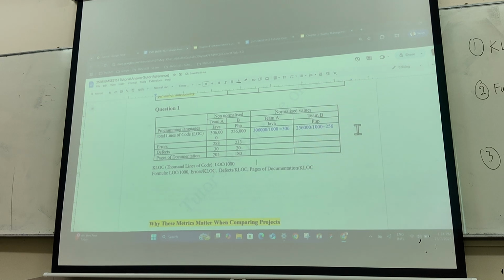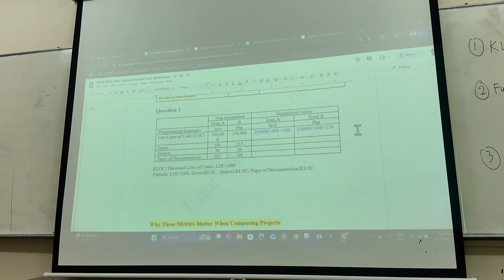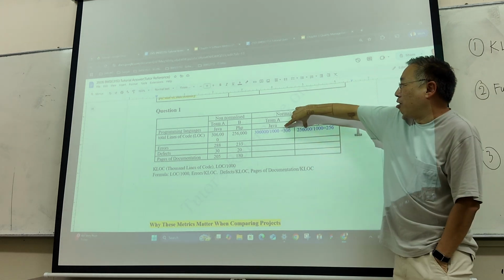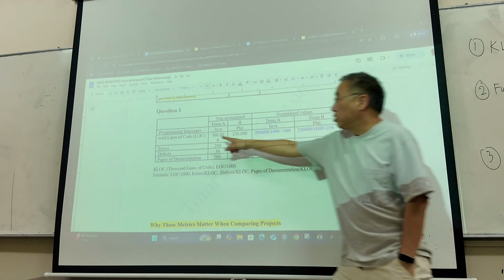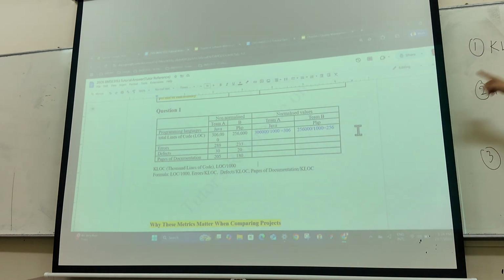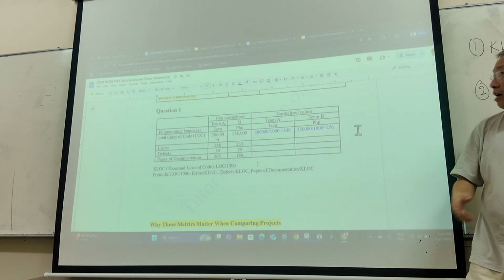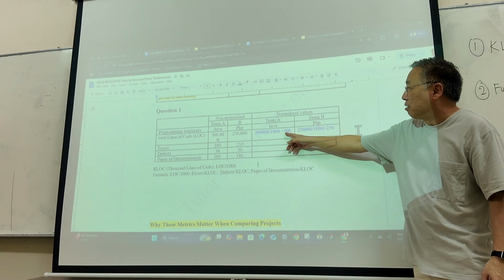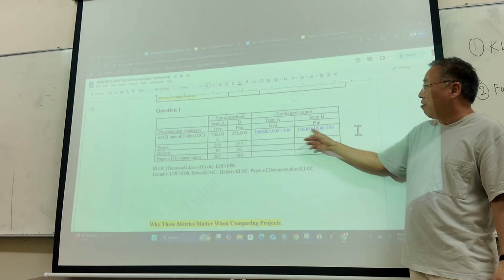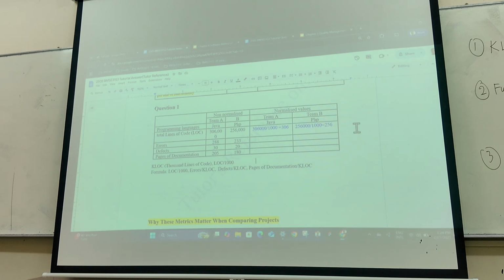Okay, so basically now the purpose of doing this is to normalize it per 1,000 lines of code. That's why it's called KLOC. So this number that you get here is the KLOC number already, whereas this one is just total lines of code, 306,000. But when you want to compare the KLOC, to normalize it, you divide by 1,000, so you can compare apples to apples. For 1,000 lines of code as the base, this is 306, this is 256 lines of code. So you can see it. So that's one. Then you take the errors and